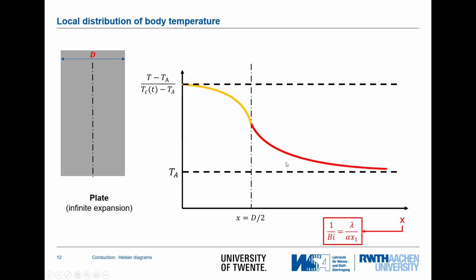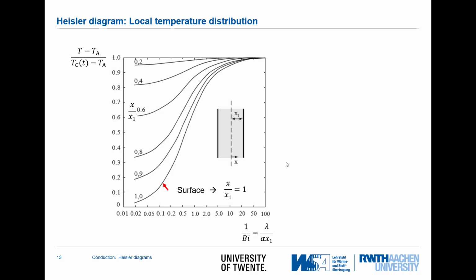And doing so, all our curves collapse together, so we don't have different curves anymore, and we have a unified temperature profile. How can we utilize this information? So let's see here now the Heisler diagram for the internal temperature distribution. We have here on the axis the temperature minus the ambient temperature divided by the center temperature, depending on time, minus the ambient temperature, which means that if we have a value of 1 here, then we have always the center temperature